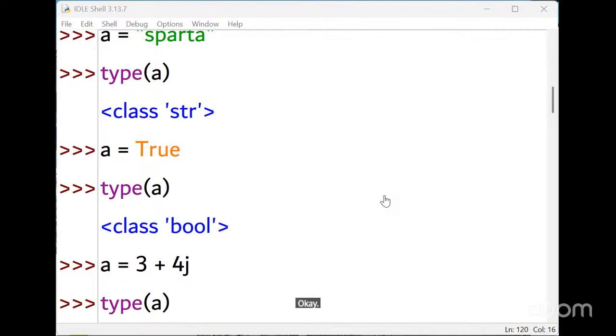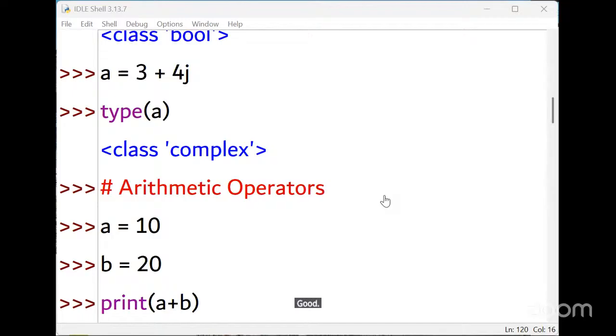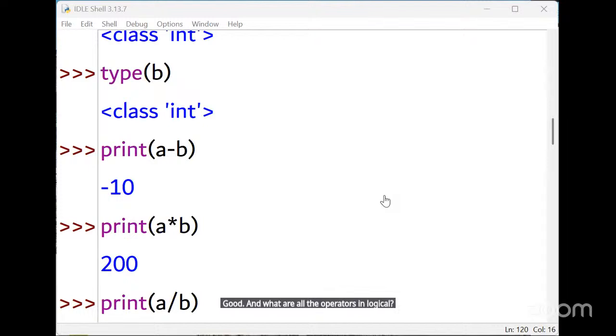Addition, subtraction, multiplication, and division. 4 operators. Good. And what are the operators in relational? Six operators.